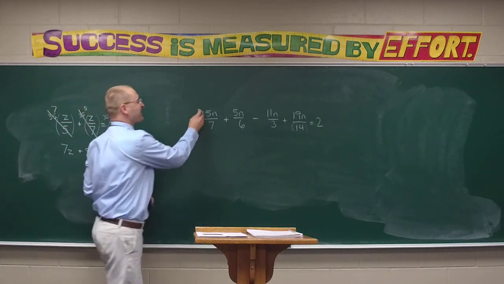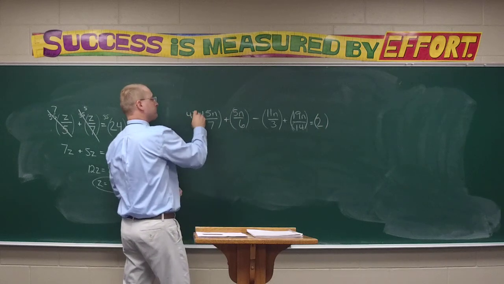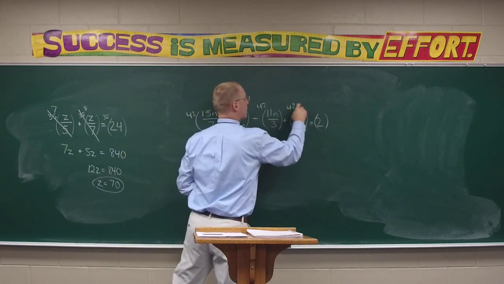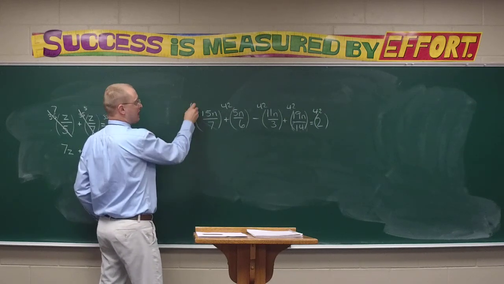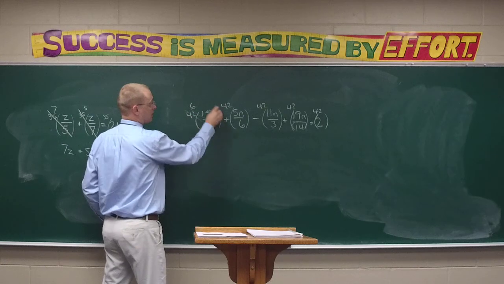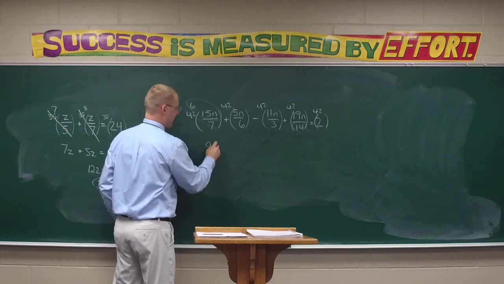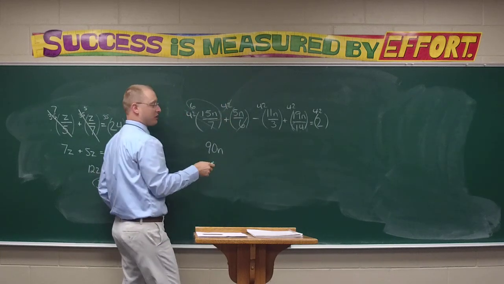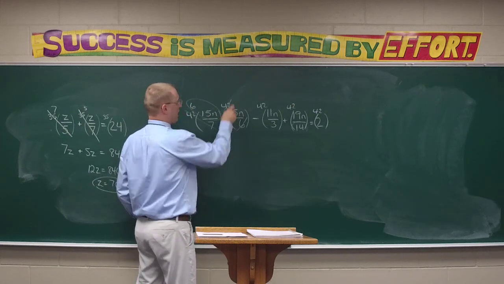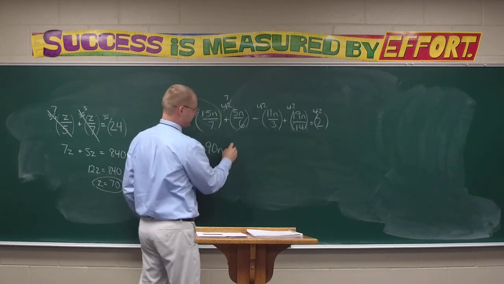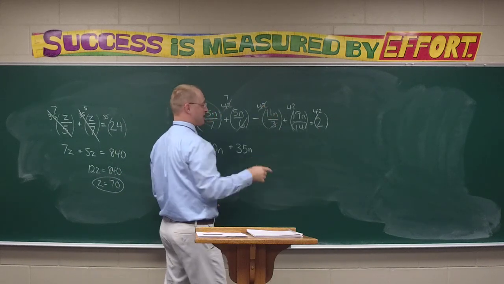All right, so let's multiply everything, even the 2, by 42. And Maddie, here I'm going to cancel to get a 6, which gives us, you have to multiply the 6 by the 15 to get 90. And then here the 42 and the 6 will cancel to give me a 1. I don't care about the 1, I already know it's a 1. The 7 times 5n is 35n. And then the 42 and the 3 cancel, Genesis, to give me a